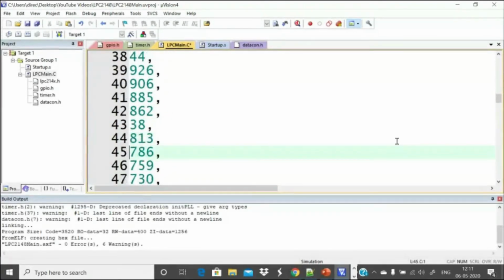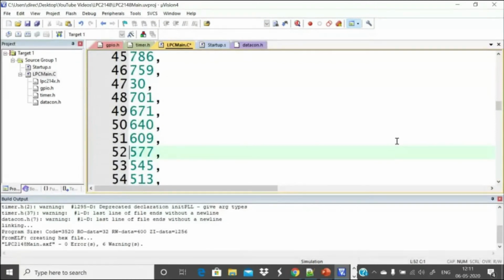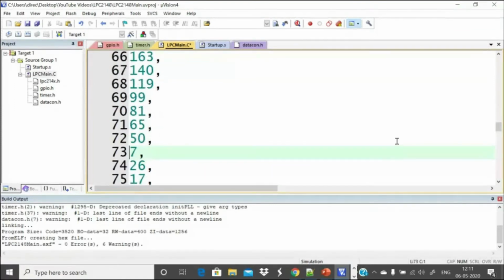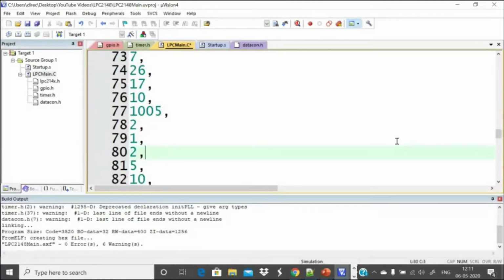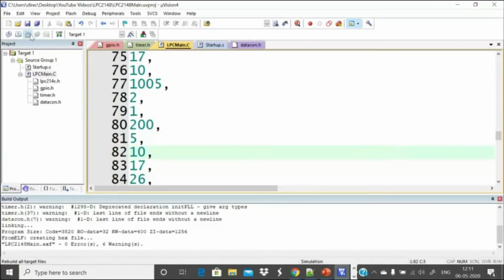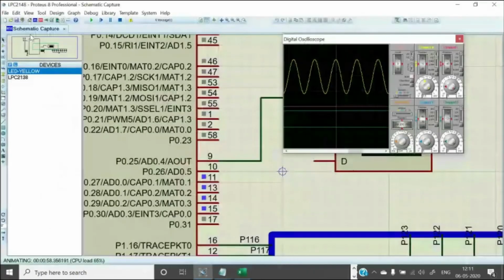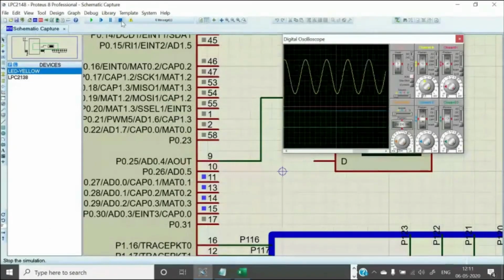So if you are planning to generate an ECG waveform, say for example, you need to generate a digital pattern for the ECG waveform. And then if you supply that digital data to the DAC, it will generate that particular value. So you can actually play with the DAC as per your requirement. I'm just corrupting the sine data with some random numbers. Let us see what is going to be the result.